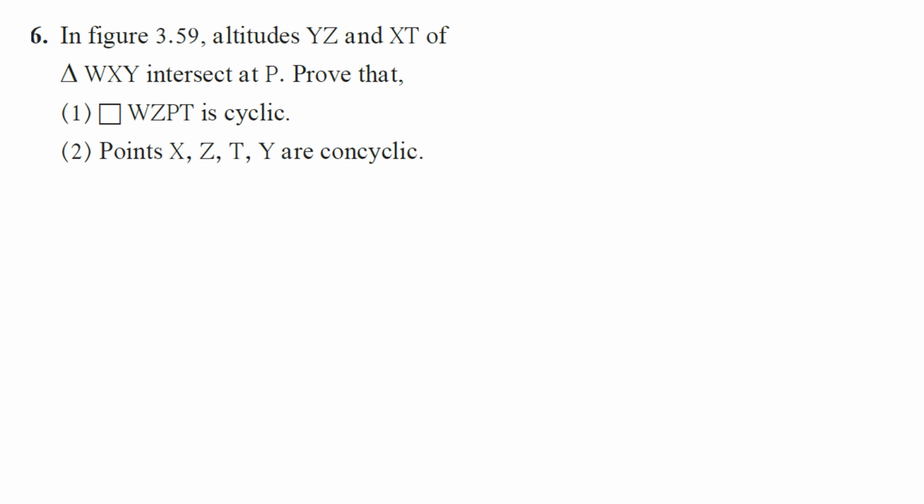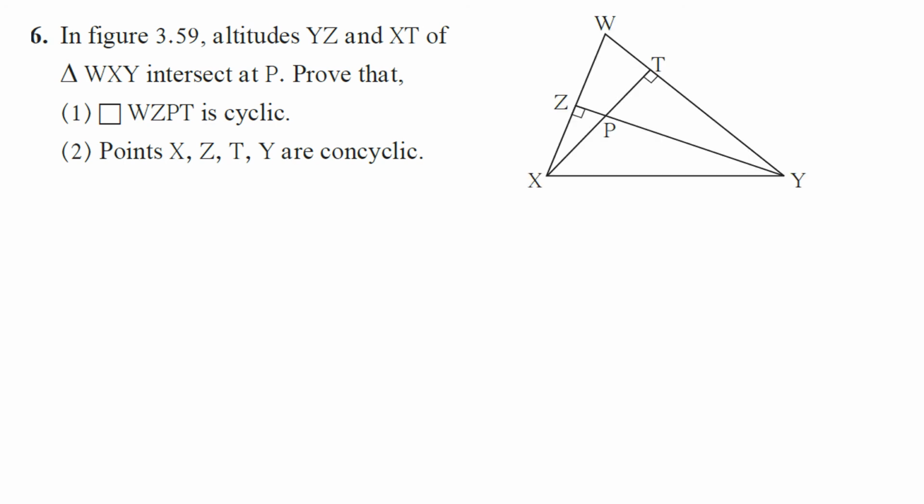Now next example. In the figure, altitudes YZ, that is this segment, and altitude XT of triangle WXY intersect each other at point P. Prove that quadrilateral WZPT, it is a cyclic quadrilateral, and points X, Z, T, Y